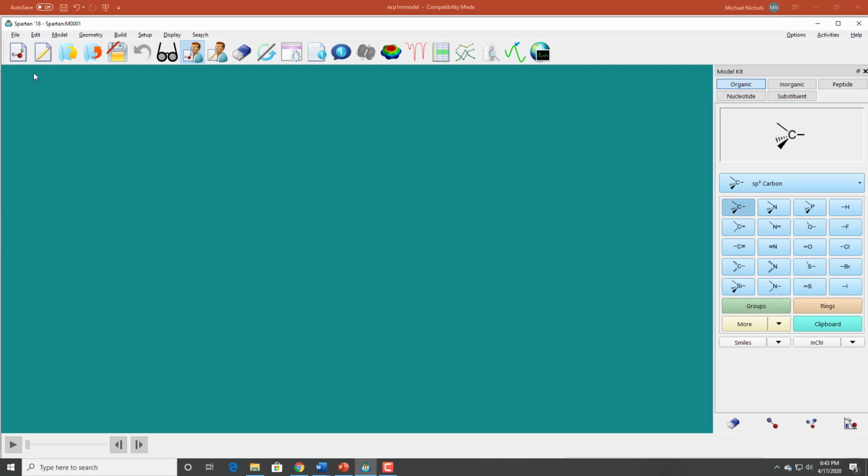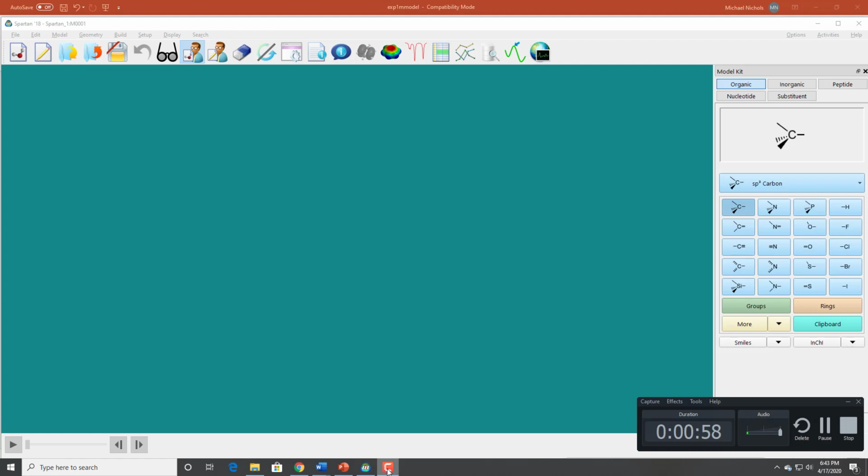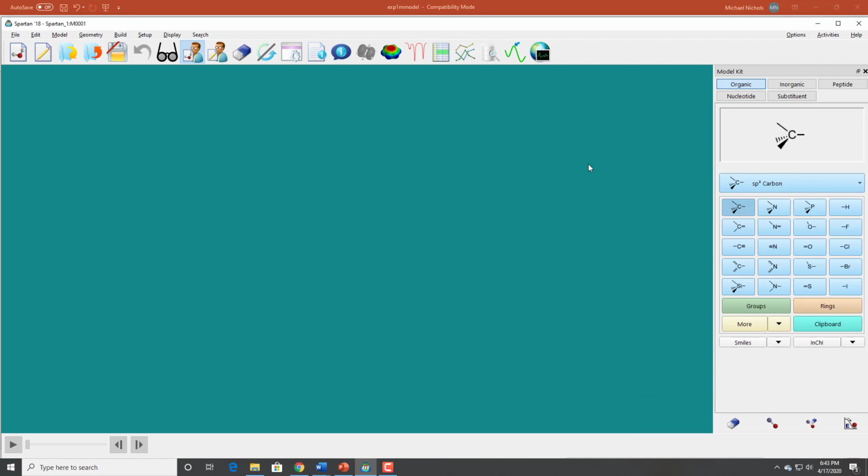So let's first of all draw the structure of methanol. To draw the structure of methanol, I click on this button called New Build, and let me just double check here that we are actually capturing the full screen, which I hope we are. So in terms of this build, let me walk you through all the different things that I can build with this